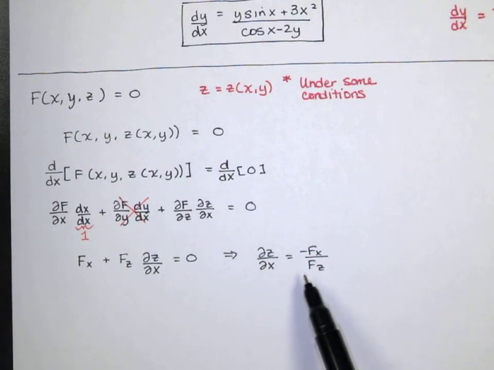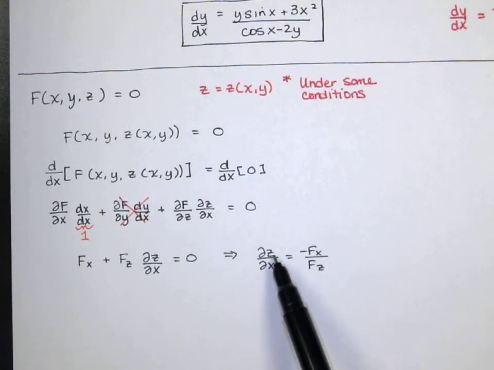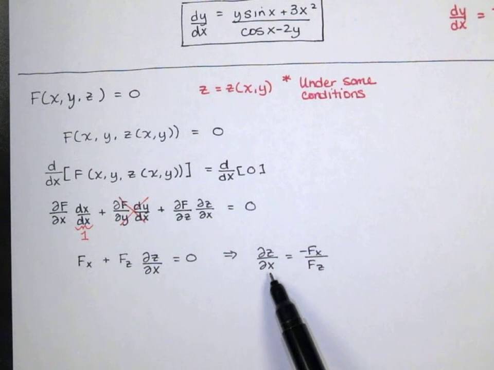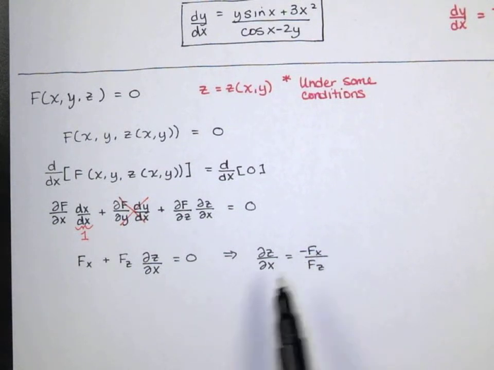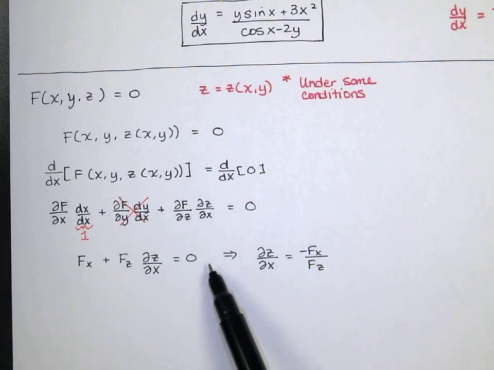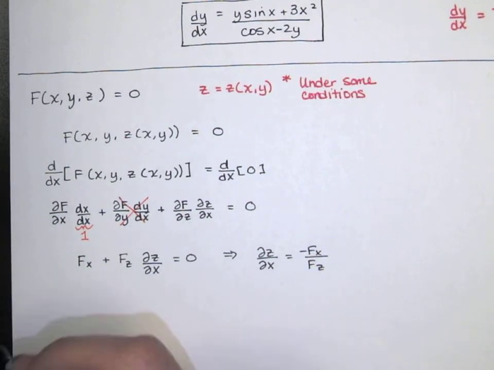Notice that I've got the partial of f with respect to z in the denominator, and the partial of f with respect to x in the numerator, and then the opposite sign. That opposite sign comes from the fact that I have to move that over. I'm subtracting it from both sides, and then I'm dividing by that. Now, similarly,